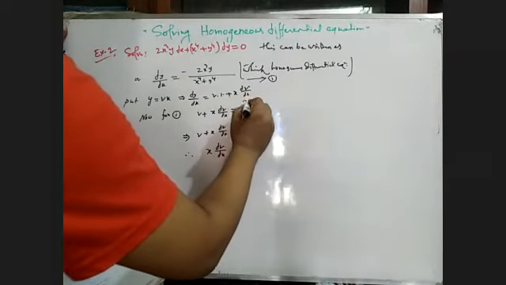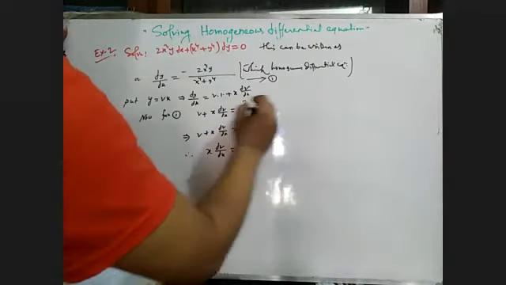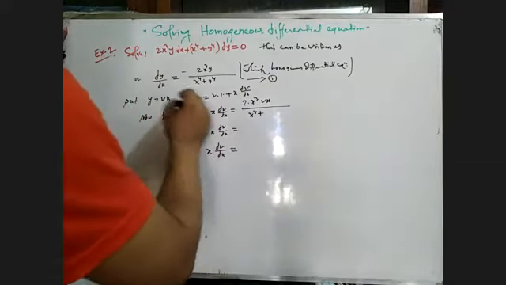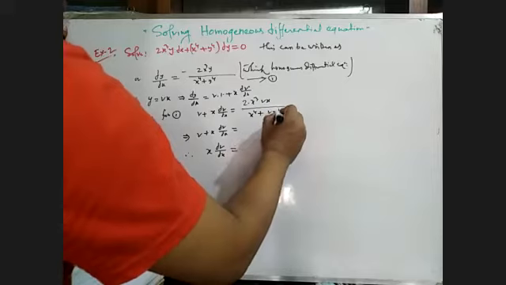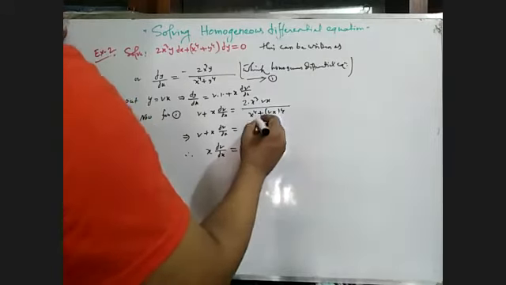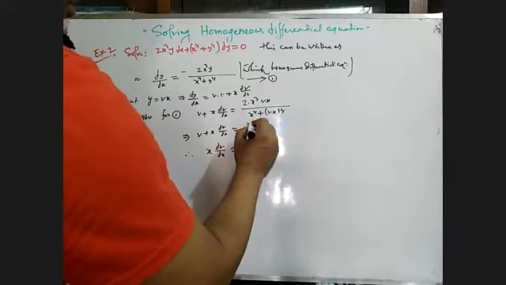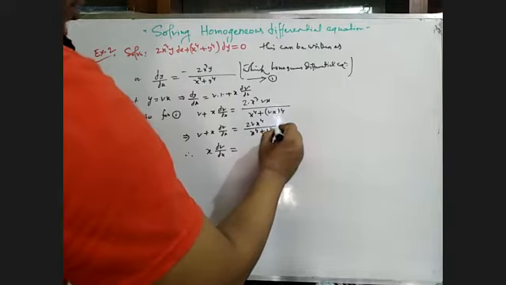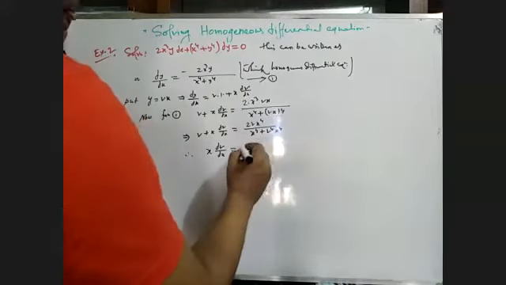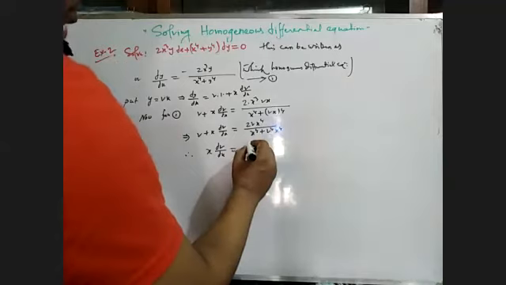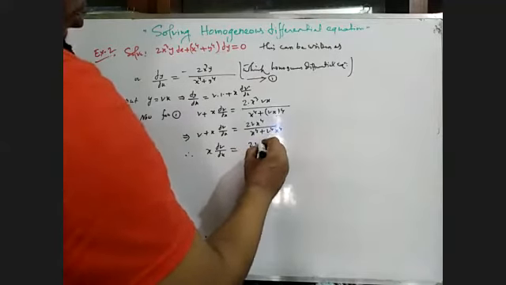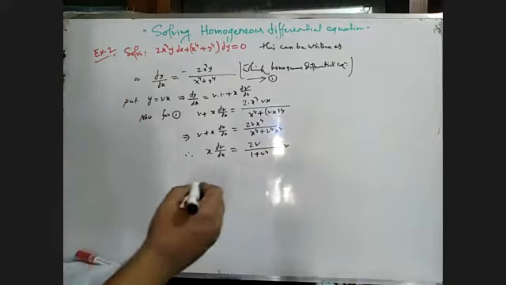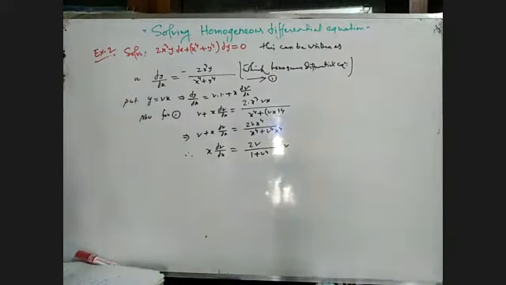So 2x cube y equals to what? bx. Now x4 plus y4, what will be? bx to the power 4. So this can be written as twice bx4 by x4 plus b4 x4. Okay, now x4 will be cancelled from all sides, twice b divided by 1 plus b4 minus b. Okay, is it right?